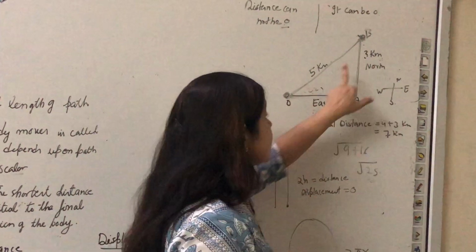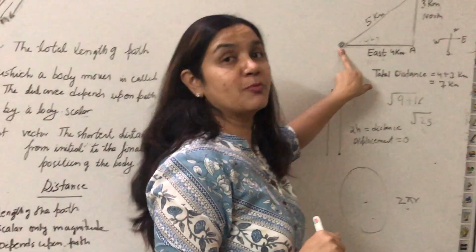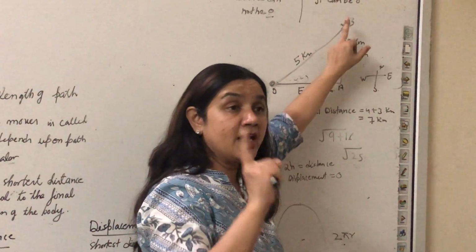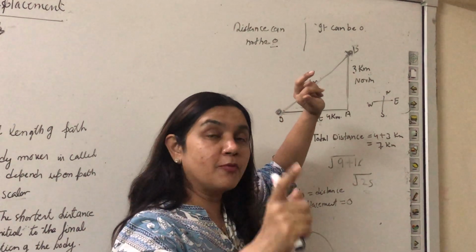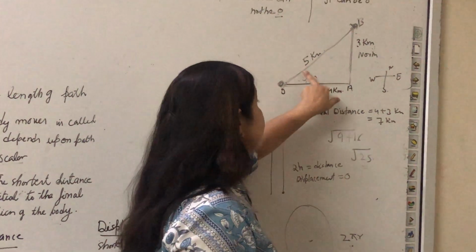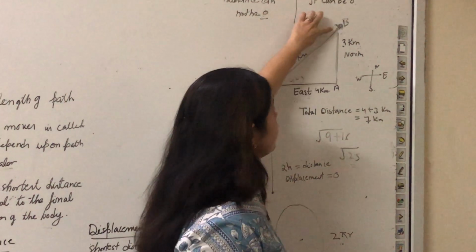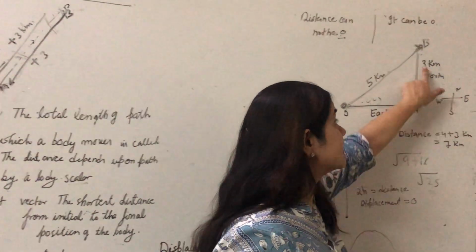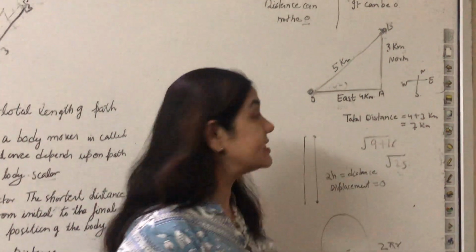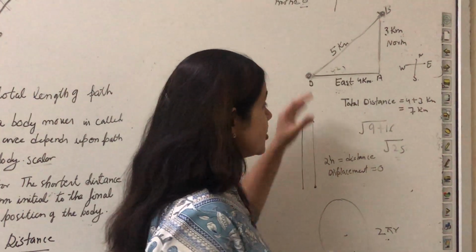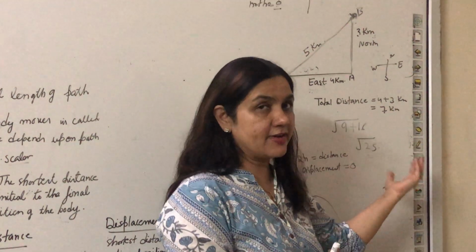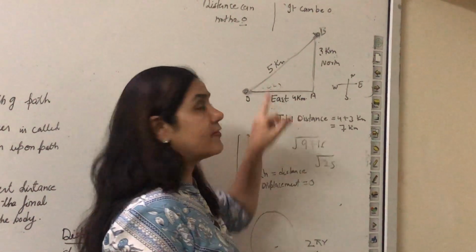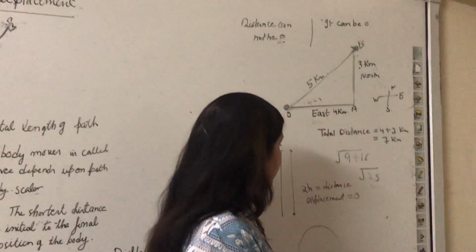And by the Pythagoras theorem, this value gives 5 kilometer. That means the difference between the final position and the initial position, because this is the initial position from where he started his journey and this is the final position, and you get displacement by subtracting the initial position from the final position. That is 5 kilometer that you calculated by the Pythagoras theorem. This is 3 and this is 4. And how will you calculate the distance? 3 plus 4. So in this type of question, the total distance is 7 kilometer, but the displacement, by the Pythagoras theorem, comes to 5 kilometer. So these questions are very important.